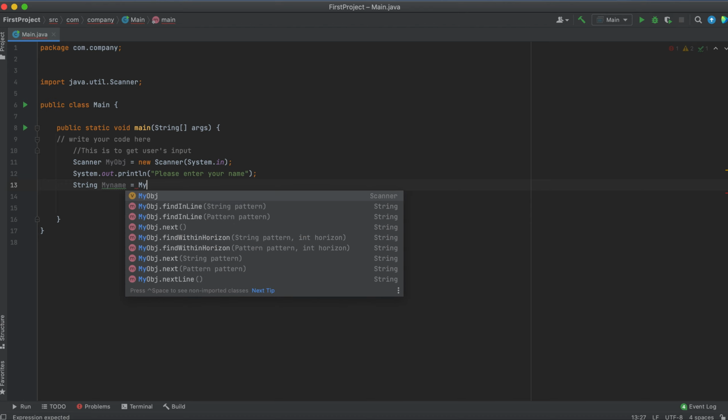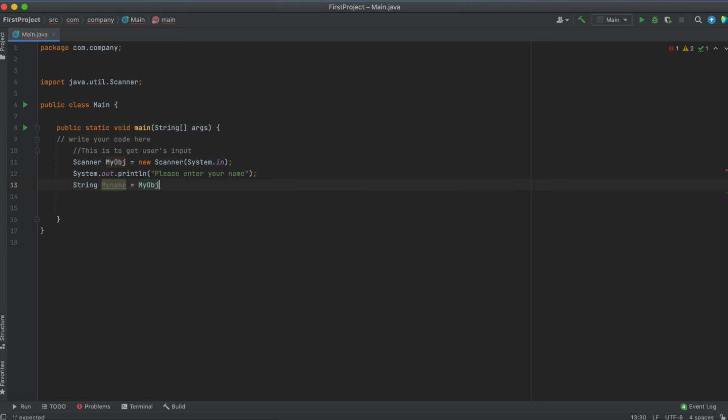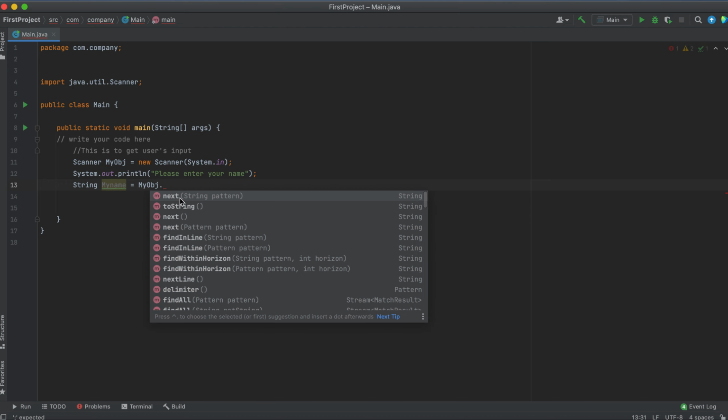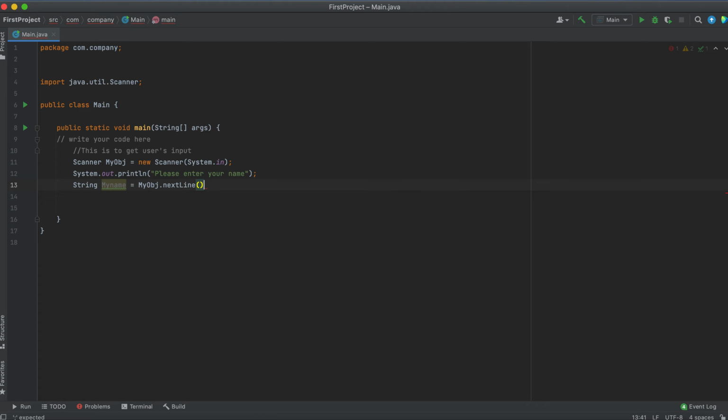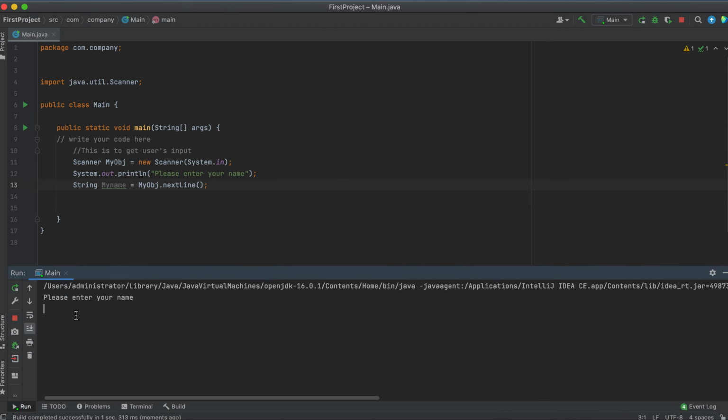the object. We need to call it because, as I said, we need to create an object of that class and use any available method in Scanner because that's the object. And if we put a dot, you can see these are all the available methods, but the method we'll be using will be the next line. I will end that. So if we run this, what it will have is a please enter your name, and then we can say James,